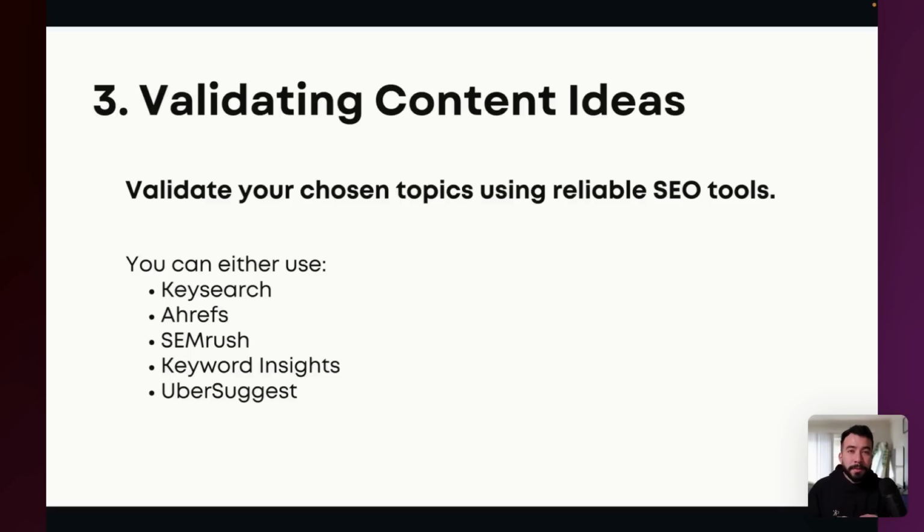The second thing is you can use a keyword research tool like KeySearch, Ahrefs, SEMrush, Keyword Insights, or even Ubersuggest. You have so many different options to go from, and you can use these tools to help you validate the intent. These tools will give you the volume of a keyword. They will give you the CPC value, like how much it's actually worth, and how much people are paying for this on Google Ads. You can see whether or not it's going to be very competitive. But again, if we're using emerging topics and finding low-hanging fruit keyword opportunities, these should be a little bit easier.